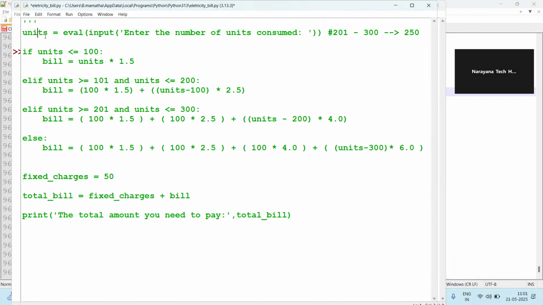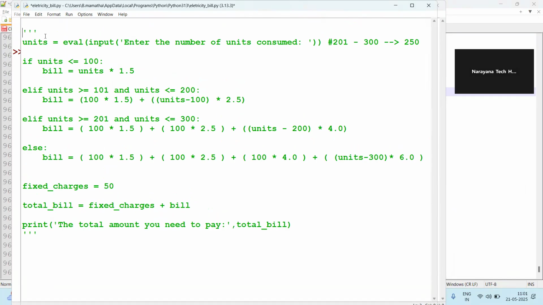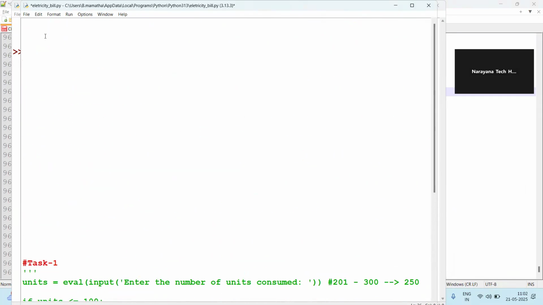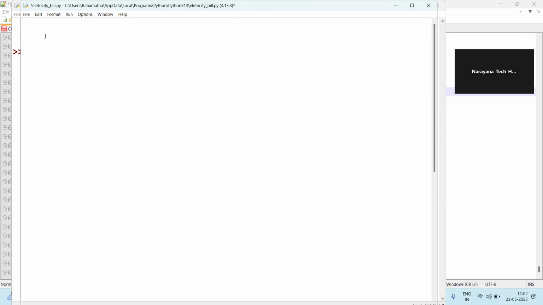Okay, now I'm going to implement task 2. This is task 1, right? Now let's go with task 2 here. So what is task 2? Task 2 is a